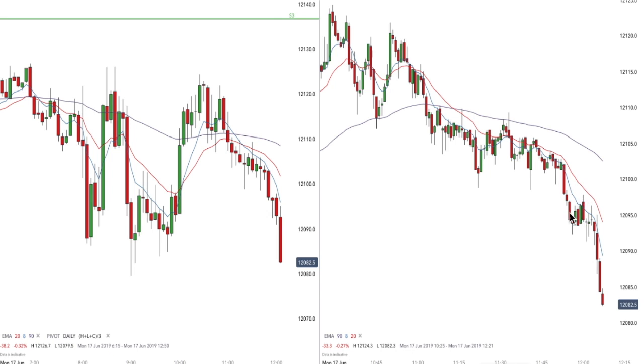The market resisting effectively off the 8 exponential moving average, the 20 exponential moving average, and traders were shorting the market, and they're still shorting the market as we took our profit at the 12,085